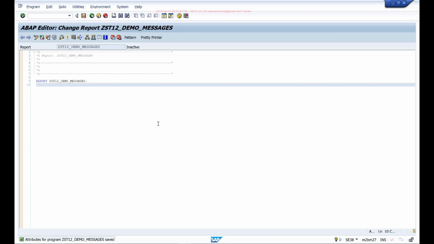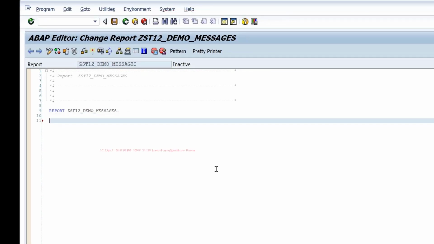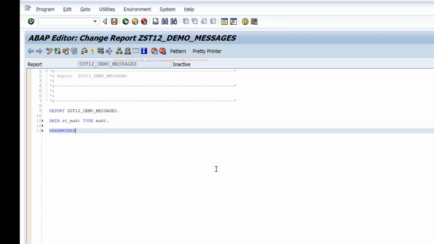I'll create one simple screen, we'll validate, and then we'll show the message to the user. So let's say data st_makt, type makt, then I'll have one material field.